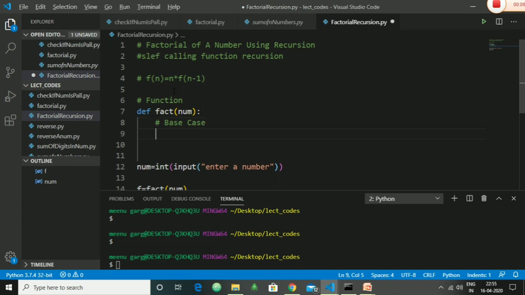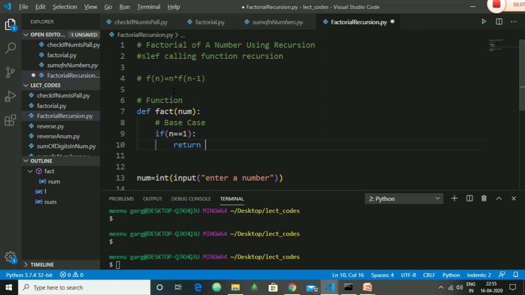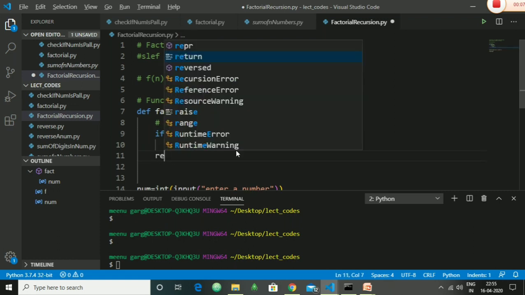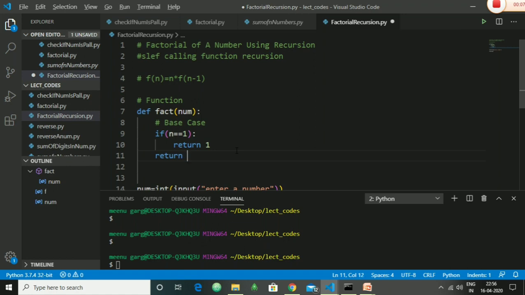I want you also to speak aloud with me. If n is equal to 1, then return 1. This is the only if statement. If this is true, this part of code will run. Otherwise, return means take me out of this function call. Then it will be n multiplied by factorial of n minus 1.